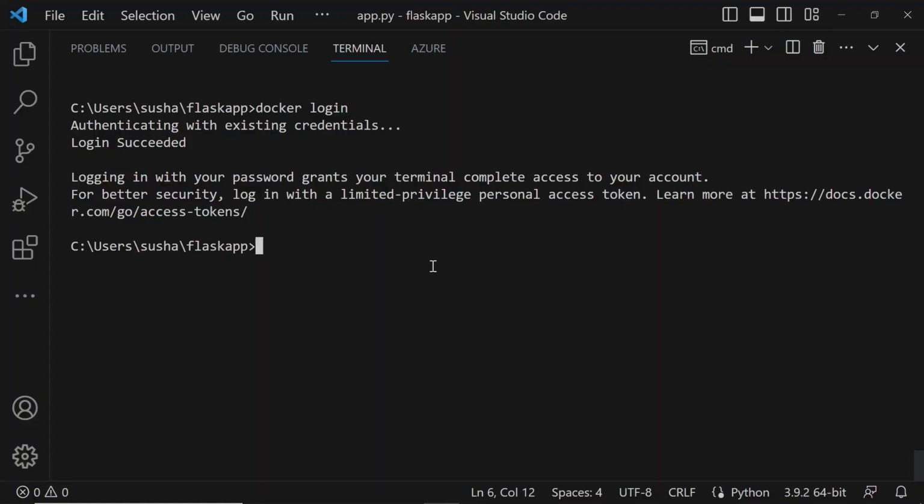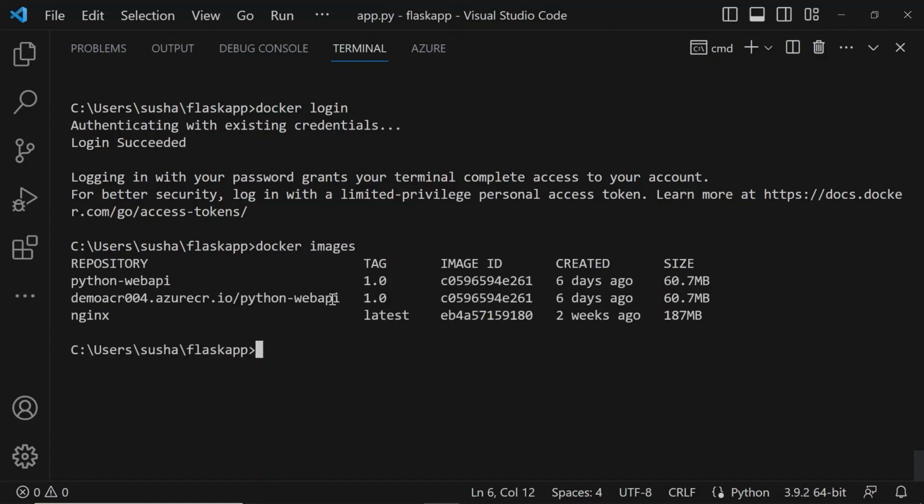container registry. Let me run the Docker images command and see if we have any images on our local machine. Here you can see I have one image on my local machine. Let's push this Nginx image to the container registry that we have created in Azure. For that, we have to tag this image. So let's use Docker tag. I'm giving Nginx colon latest, the tag of that image, and then